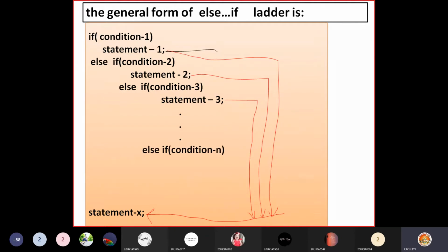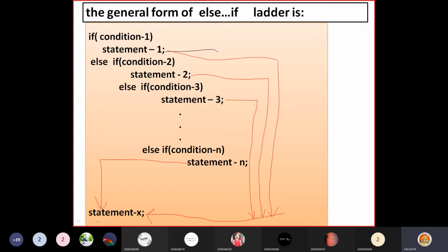Finally, the last condition, nth condition, else if condition n you are testing. If this is true, then statement n will be executed. Then after executing this, the control directly jumps to statement X here.